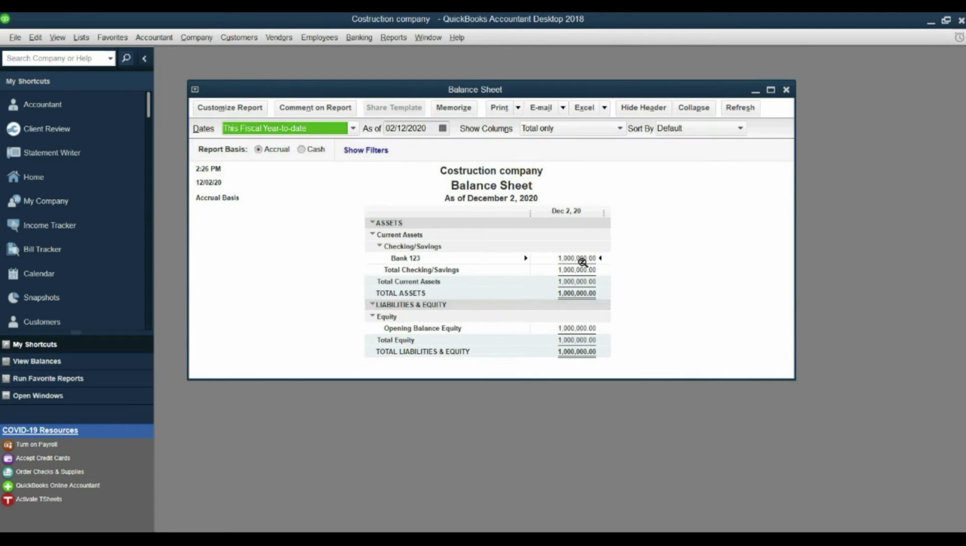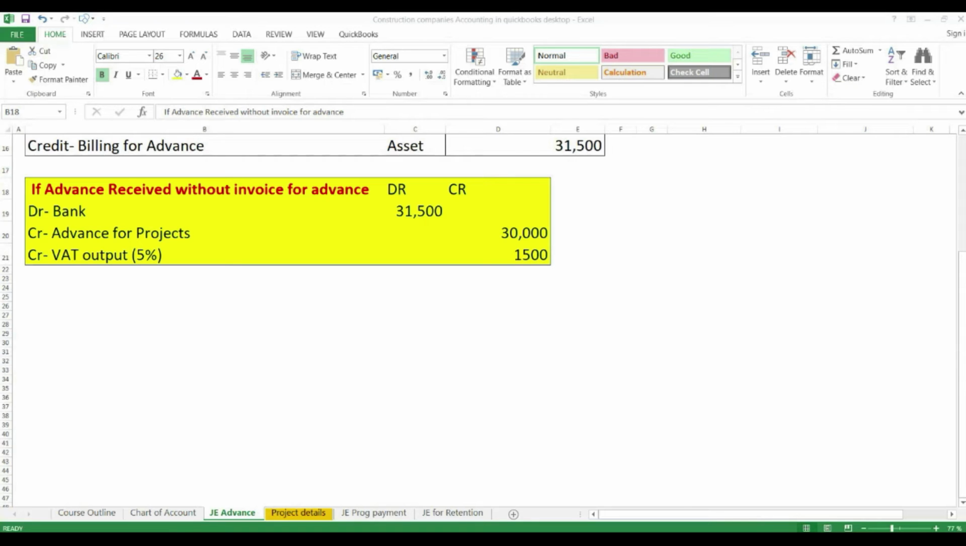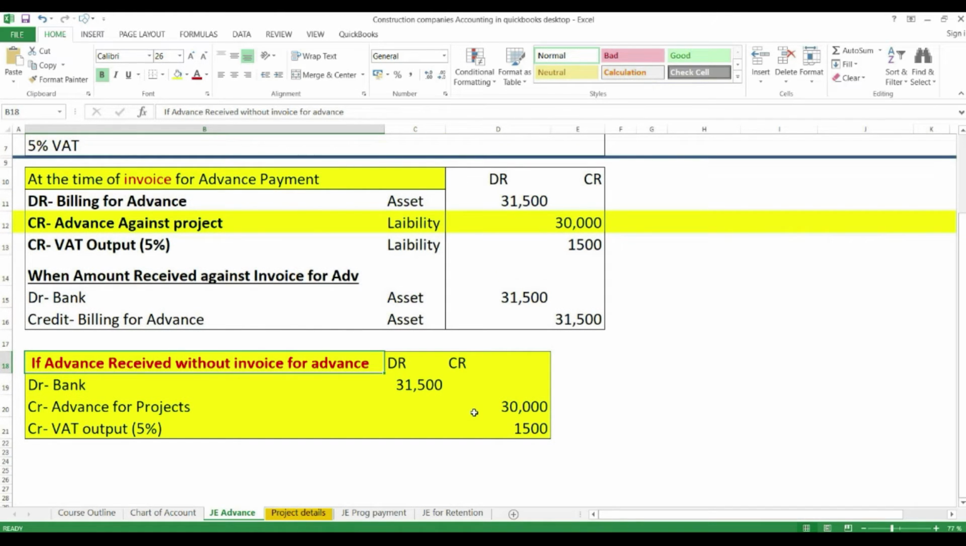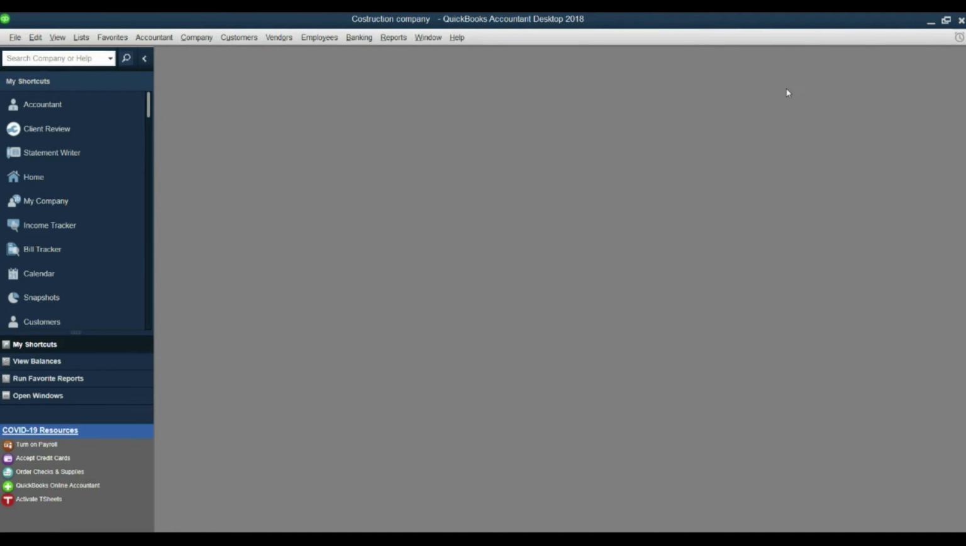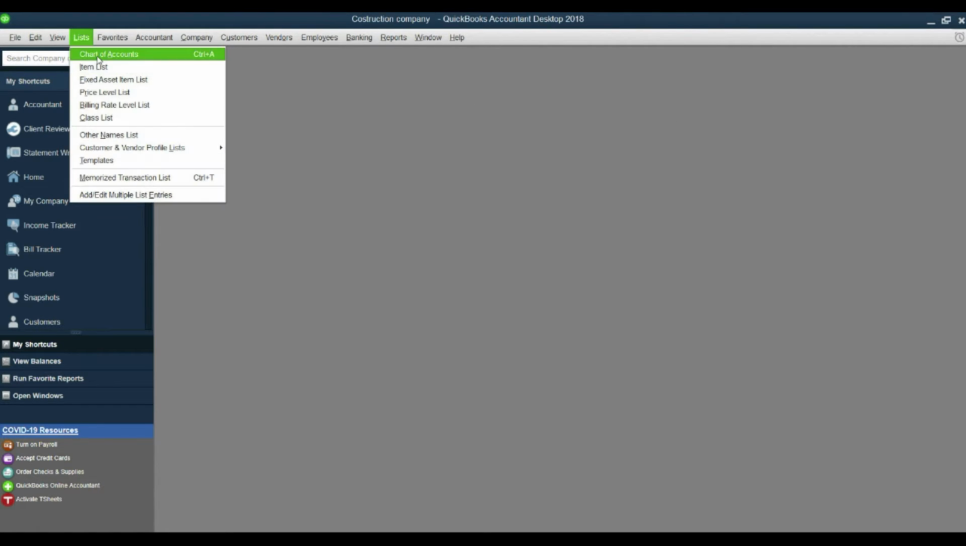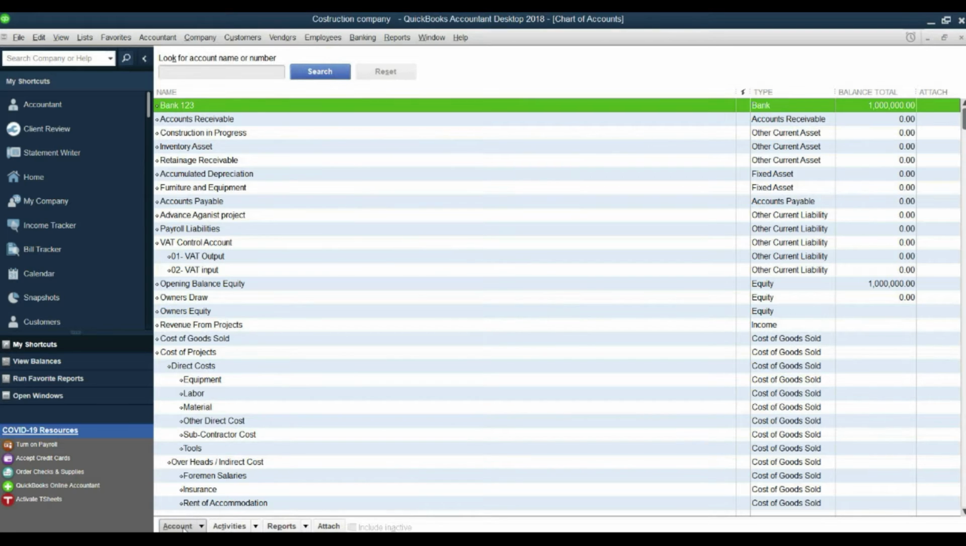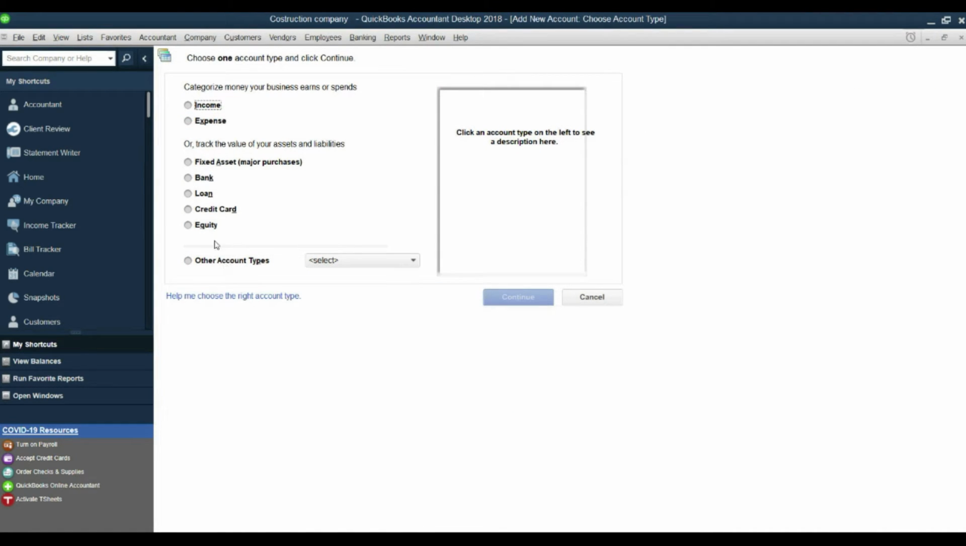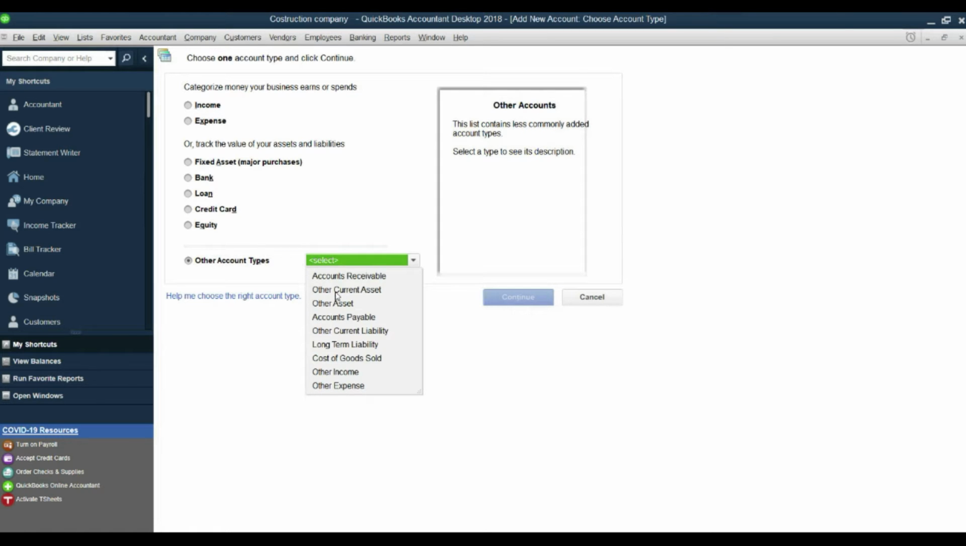Our balance sheet now has an opening balance of 1 million in bank. Now we are receiving an advance. First we will bill them, we will invoice them, and then we will receive the advance. As per law, when we invoice for the advance, we have to charge the VAT as well. So what will be the journal entry, what will be the procedure? If you are dealing with an invoice for advance, you will create one additional account in the chart of accounts, a billing for advance account, as other current asset,